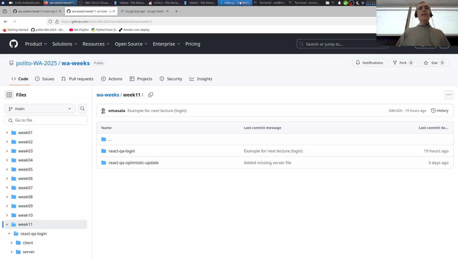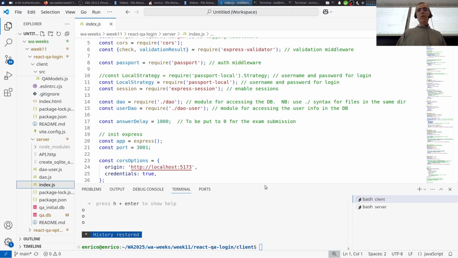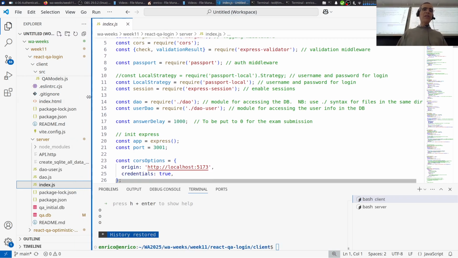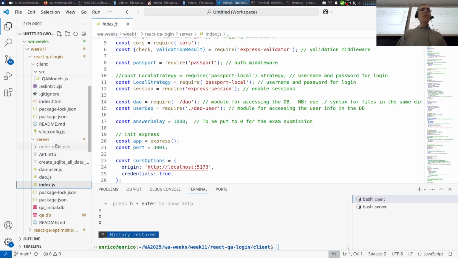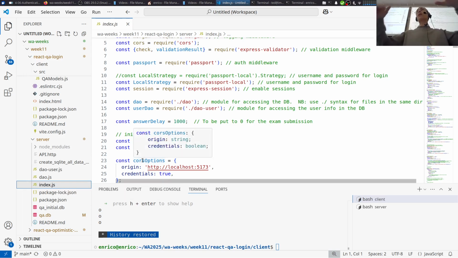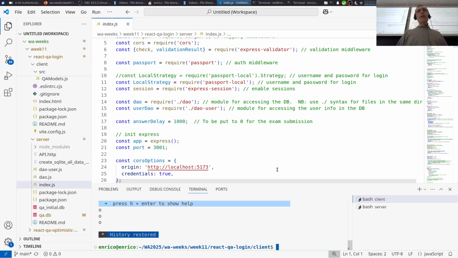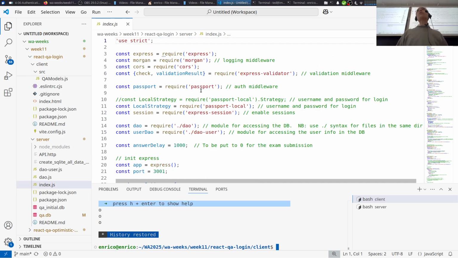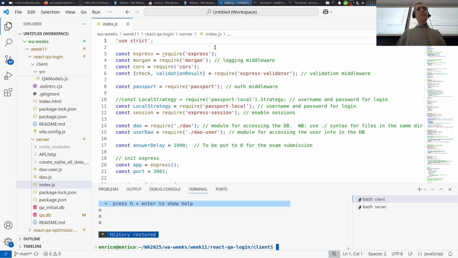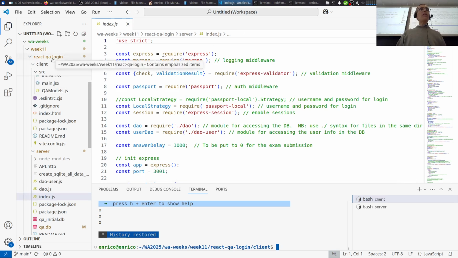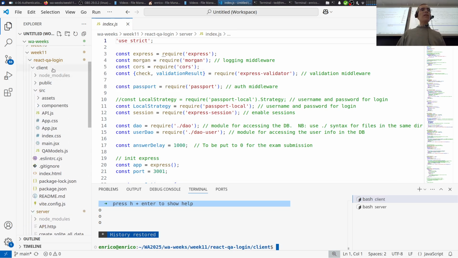Okay, so let's open it from Visual Studio Code. I already opened it and tested it. Hopefully everything is working. So actually, let's have a look at the server first. The server includes the index, that contains all the routes. And of course, you will see a lot more code. You can also make a difference, remember. Sometimes it's convenient,